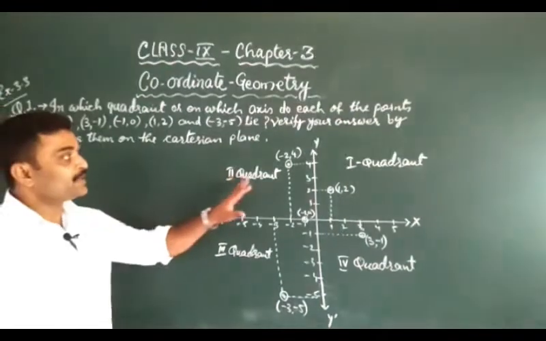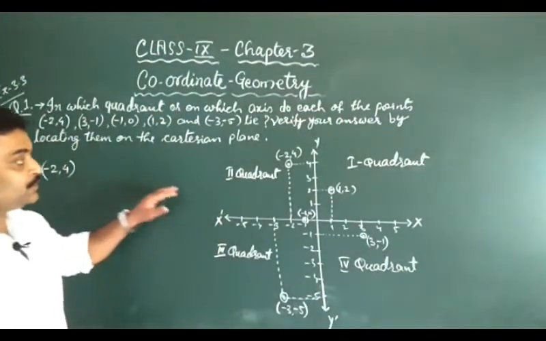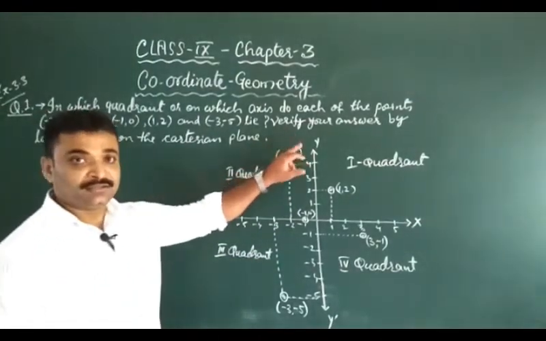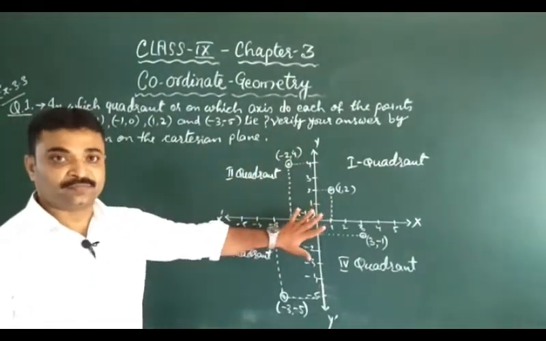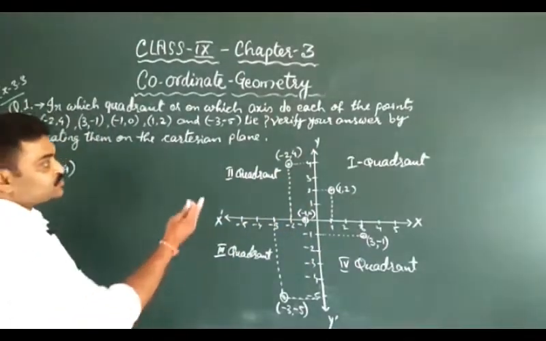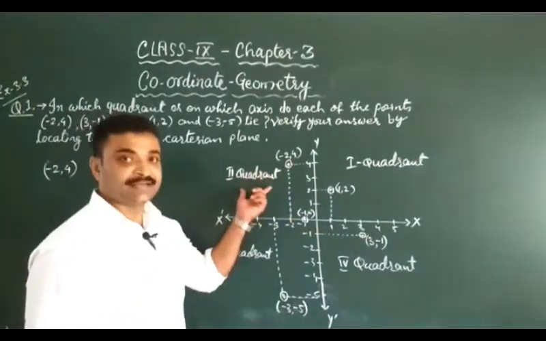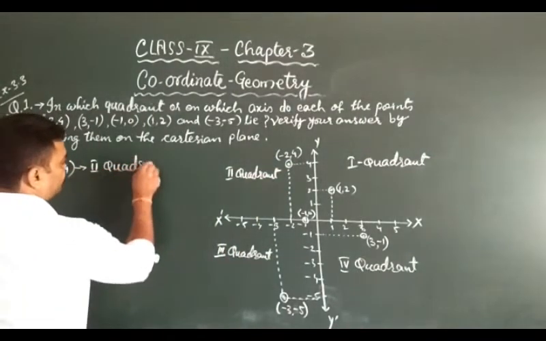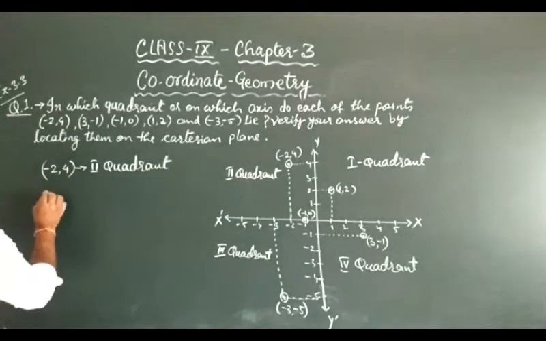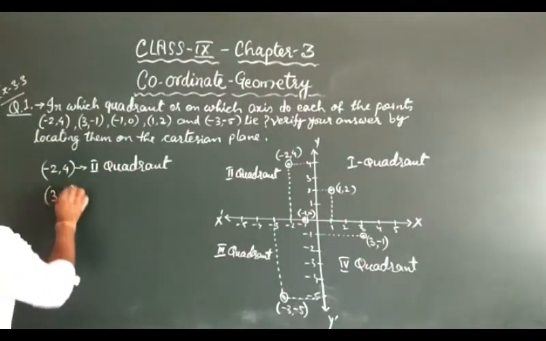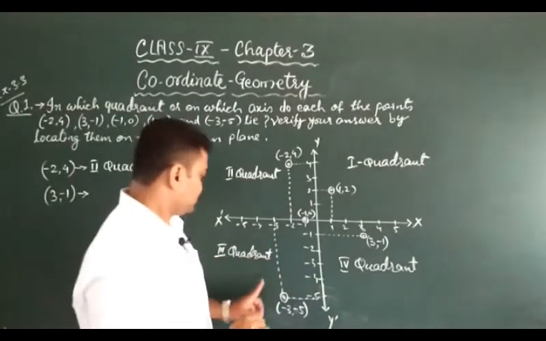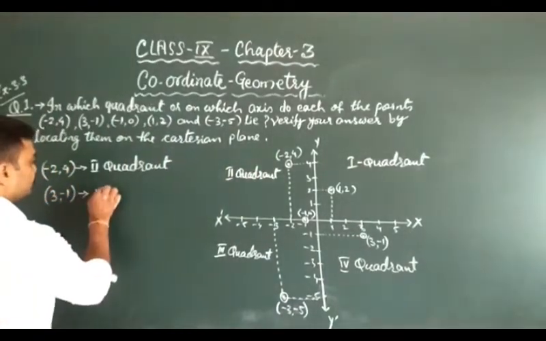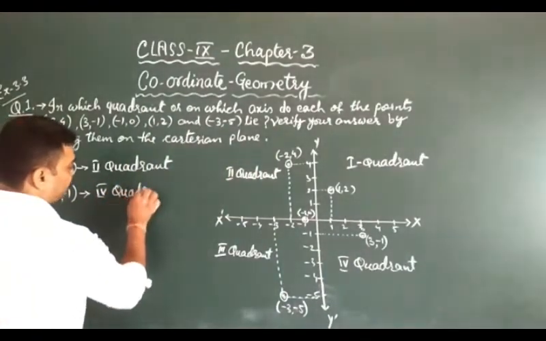स्टूडेंट्स, मैं इसे डायरेक्ट भी कह सकता था कि ये पॉइंट्स कहाँ कहाँ हैं, बट हमको इसको वेरीफाई करना था, इसी कारण हमने ये ड्रॉ किया. ओके, नाउ वी कैन इजीली से -2 and 4 is in the second quadrant. So we will write here second quadrant. Then 3 and -1 is in the fourth quadrant.